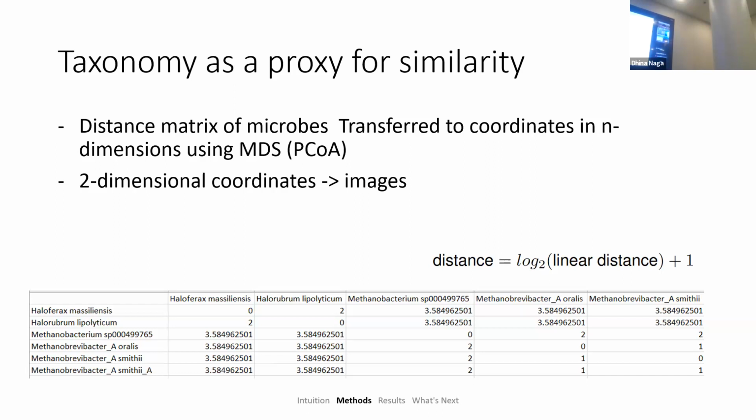If we take two-dimensional coordinates, so we get the first two principal coordinates, we can get locations on an image or locations on a map, however you would like to call it,